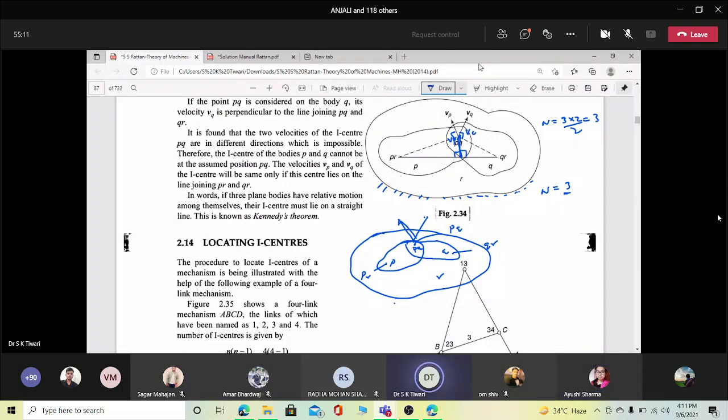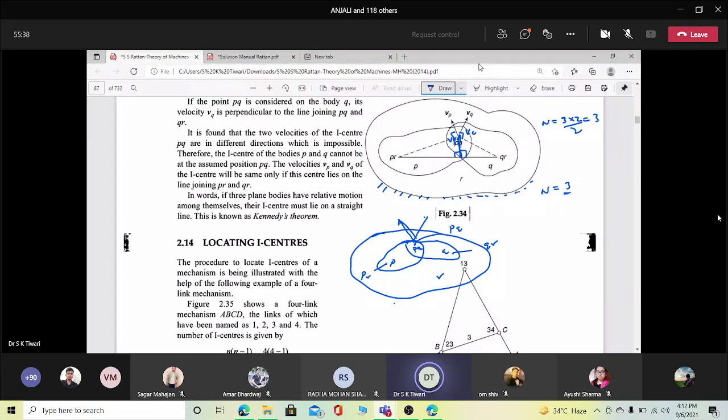क्या चीज नहीं समझ में आएगी? So मैंने देखो बेटा, मुझे सिर्फ ये मालूम है, जस्ट लिसन टू मी, मुझे ये मालूम था 3 आई सेंटर्स होंगे, 3 बॉडीज हैं, तो ठीक है। अब मैंने क्या किया, आर्बिट्रेटली एक ये ले लिया, एक ये ले लिया, तीसरा ये ले लिया, ठीक है। इन दोनों को मैंने इस पे ज्वाइन किया हुआ दिखाया हुआ है, कोई बात नहीं। मैंने जब ये तीसरा आई सेंटर ये ले लिया,